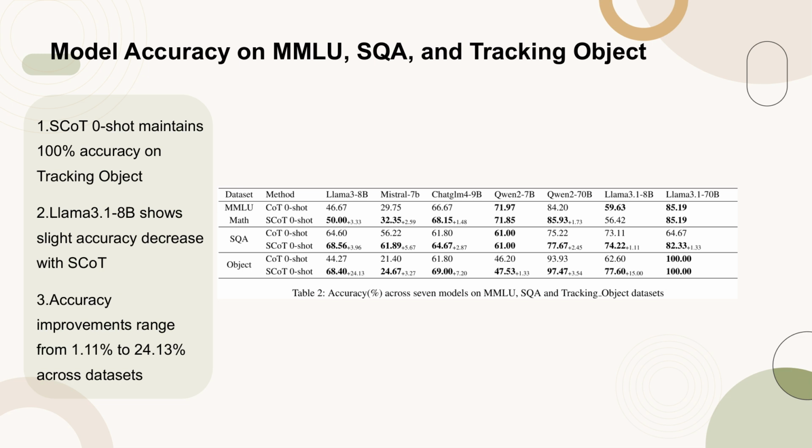Table 2 presents the accuracy percentages of 7 models across 3 datasets: MLU, SQA, and tracking object. Notably, the SCoT zero-shot method maintains 100% accuracy on the tracking object dataset, while the Llama 3.1-8B model experiences a slight decrease in accuracy when using SCoT on the MLU task. Across the datasets, accuracy improvements for other models range from 1.11% to 24.13%, highlighting the effectiveness of the SCoT method